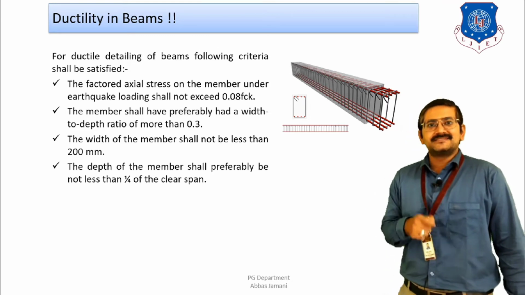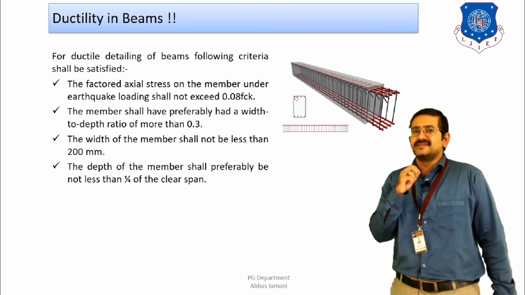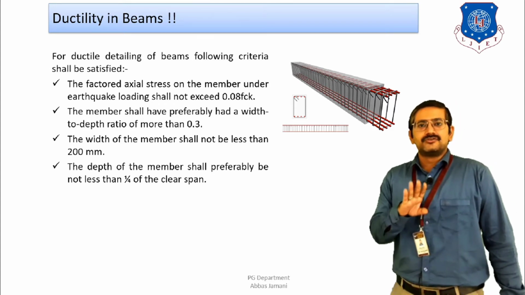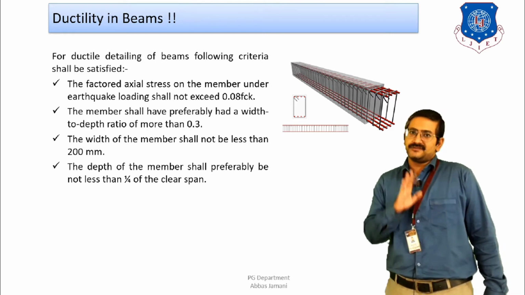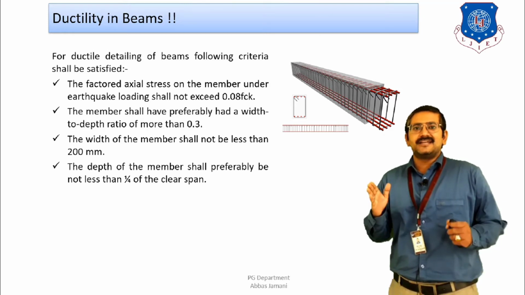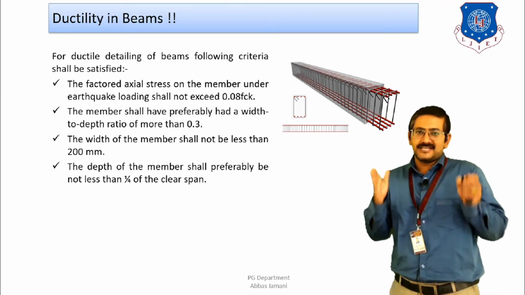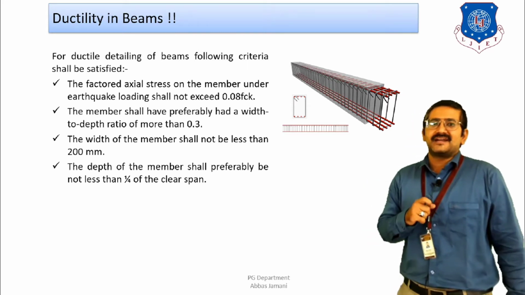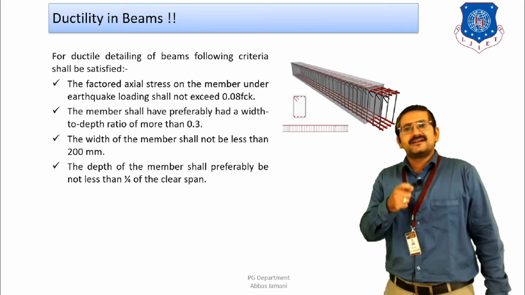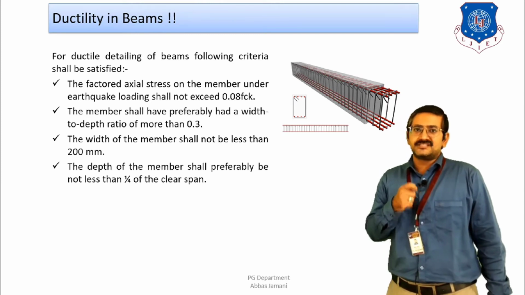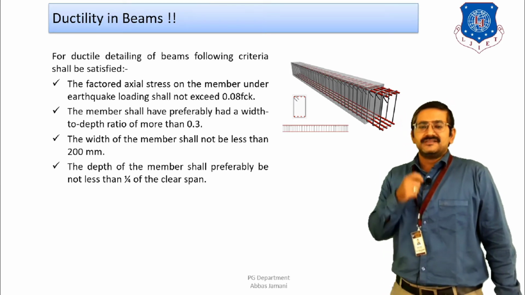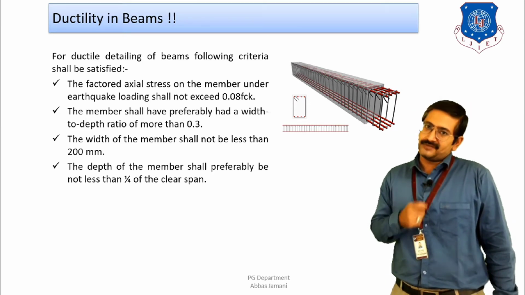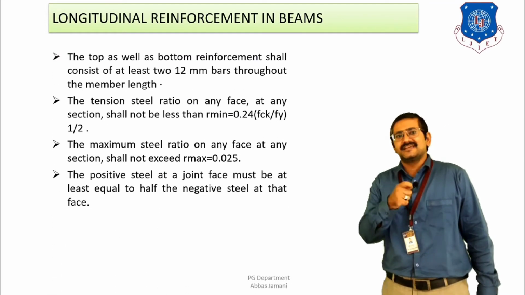Then the third criteria is that the width of the beam should be a minimum of 200 mm, right? And the fourth criteria is that the depth of the beam should not be less than 1/4 of the clear span of the member. Clear span is the span that is going to be there after eliminating the size of the columns, that is, the in-to-in span of the beam is known as the clear span. So if you want to get an idea regarding the approximate depth of the beam depending upon the span, then as per IS 13920, the depth of the beam should not be less than 1/4 the clear span of the member. These are the guidelines regarding the sizing of the beam.